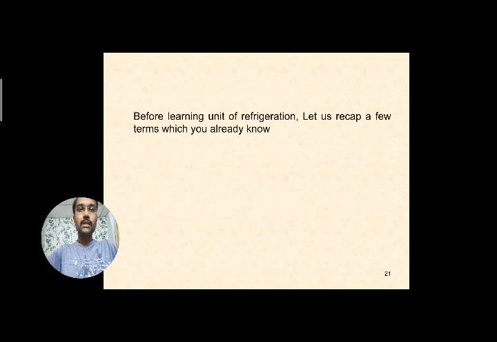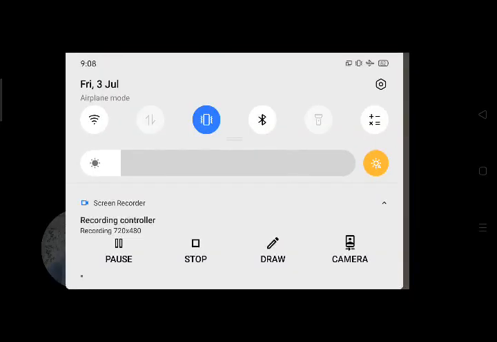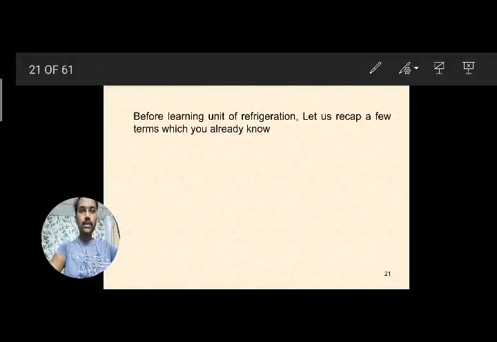Okay. And next, further topics are there. Before that, we'll see some basic concepts of refrigeration. Before that, we'll see some terminology regarding heat, like sensible heat, latent heat, all this terminology we will learn. Next, we will see the basic concepts on refrigeration.